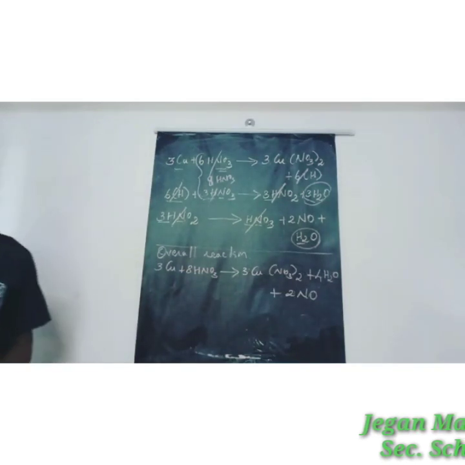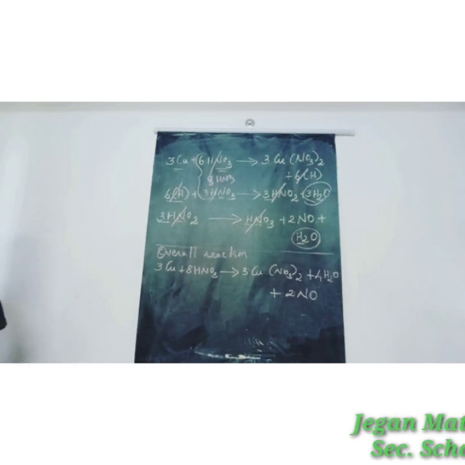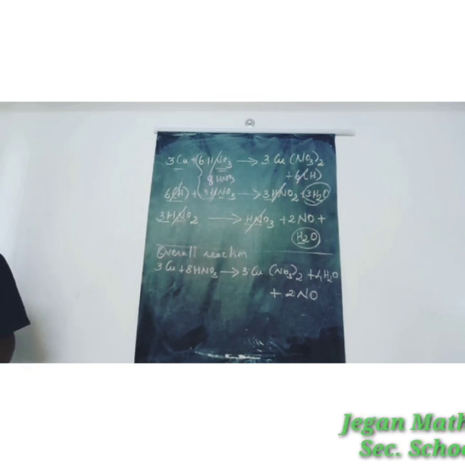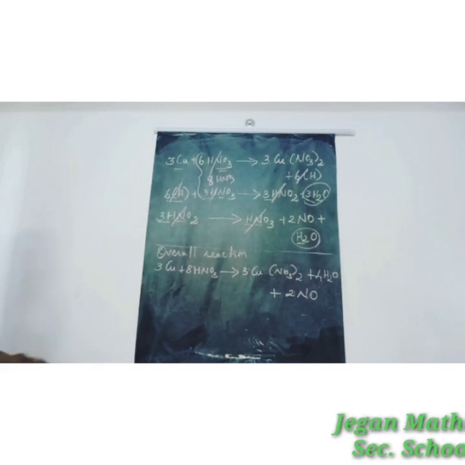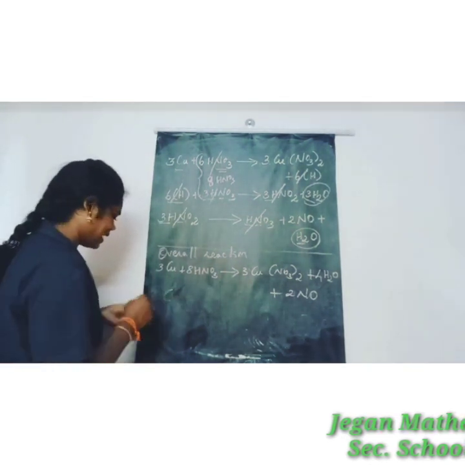And next one is the concentrated acid has a tendency to form nitrogen dioxide. So same equation. So copper is reacted with nitric acid. So here 1 time of copper is reacted with 4 times of nitric acid. It gives copper nitrate, Cu(NO3)2, plus nitrogen dioxide, and water molecules are formed. Okay. So copper, same copper is reacted with nitric acid.